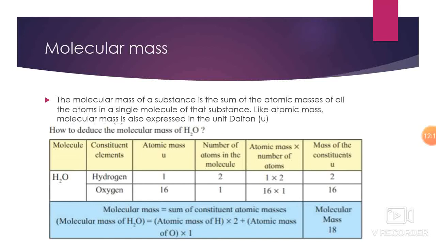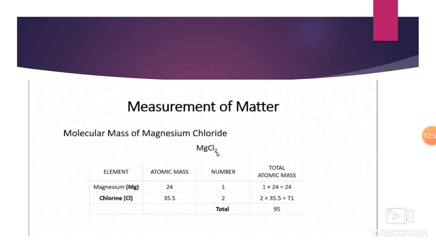So how to find out the molecular mass? We have to first take out the atomic mass. We have to remember it for every element, or mostly common elements that were given in the last lecture. You can get the number of atoms if you just see the molecular formula. You can know the number of atoms and multiply them, and then add both atomic masses of the elements, and you get the molecular mass. So let's go to the next topic.